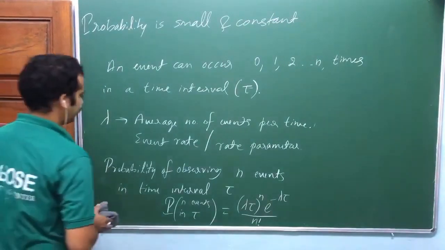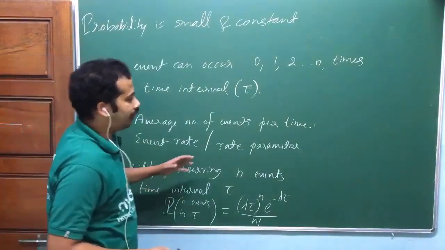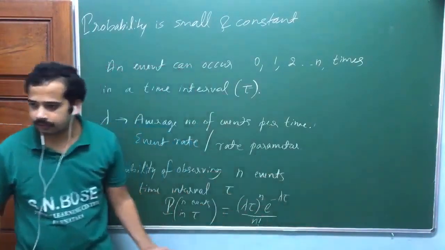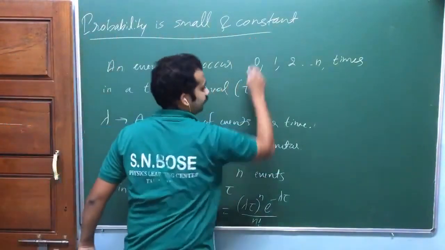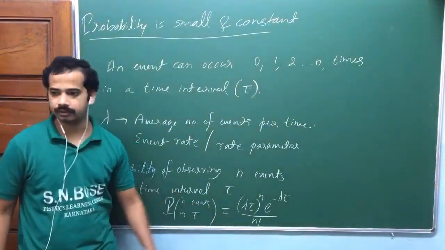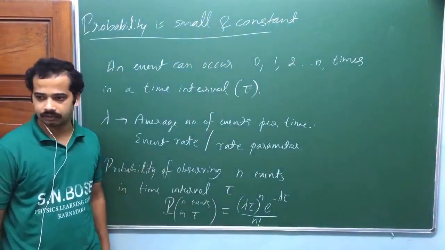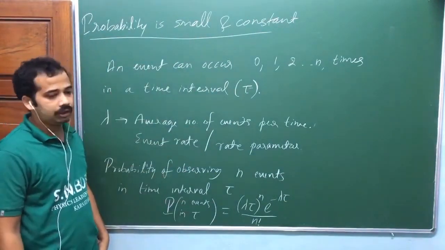I'll give you some more reference, okay? This can be applied in, again, because while deriving we do many approximation, okay? That is this approximation. Are you getting my point? While deriving this expression, we do many approximation. It's not direct one, okay? So there we have to take probability small and constant actually.